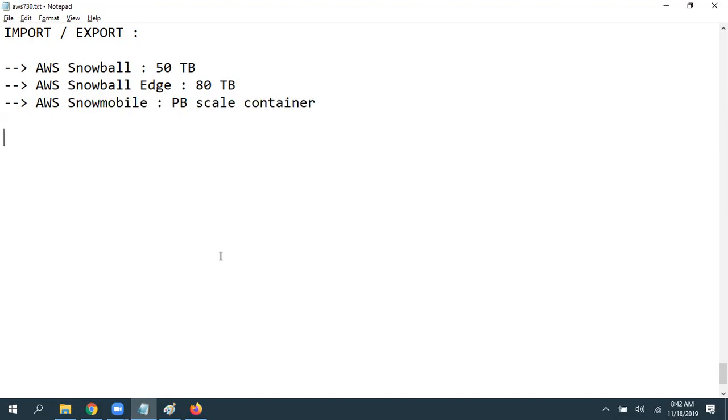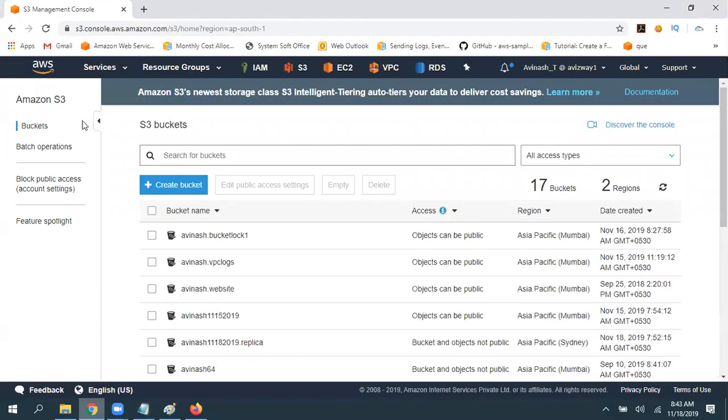So based on our requirement, we can create a job. Amazon is going to send this device to us, and we are going to get a job ID, and we can configure an IP address to this device. Then you can transfer all the data to this device and ship it back. Or if you already have all the data in the S3 platform, you can choose from what bucket you want to get all the data. Select that. Amazon is going to copy all the data to the device and send it to us. You can connect and copy. I'll quickly show you where you can create a job.